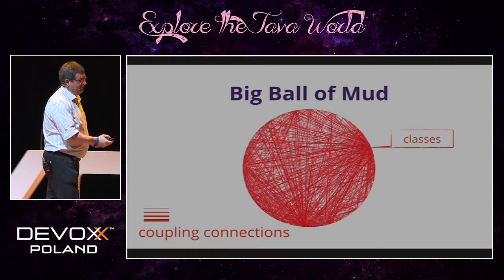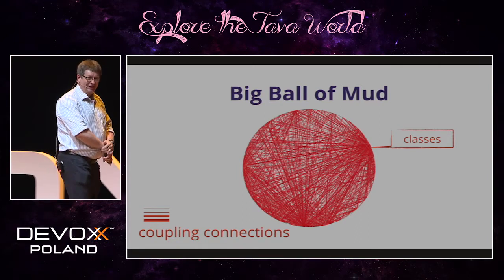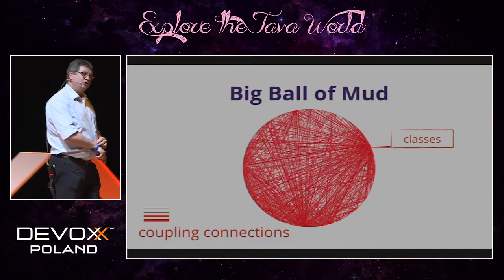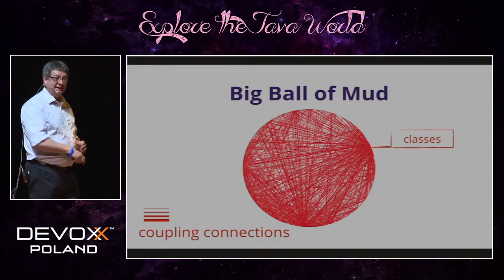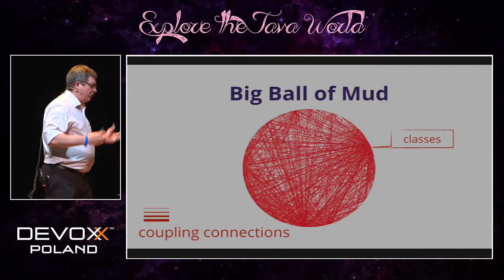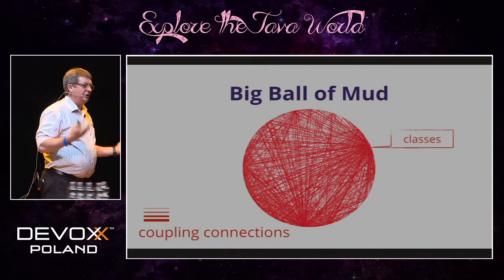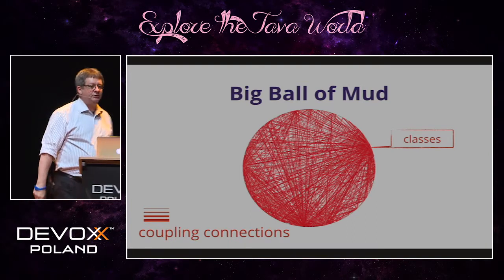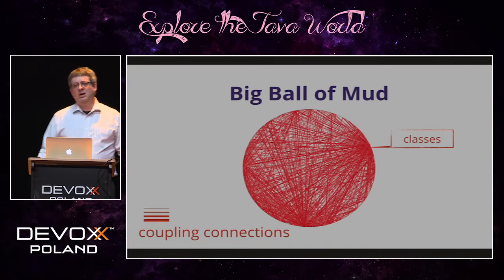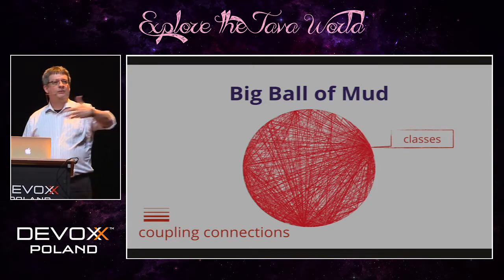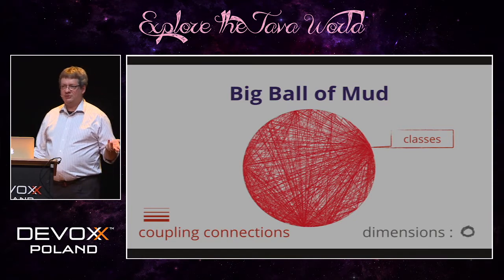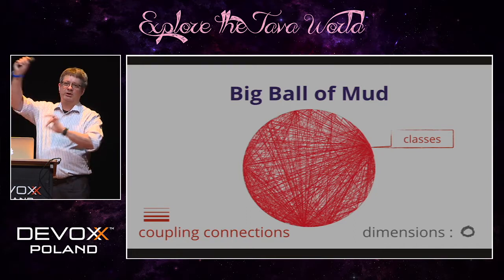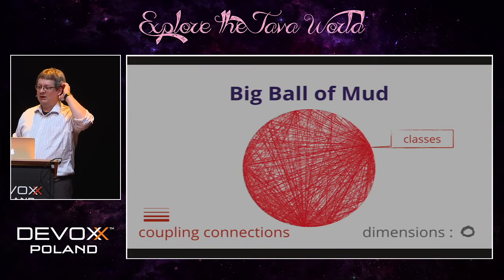This is a good example of the kind of architecture that you don't want to have, because if you try to make a change to this architecture, let's say I want to change the way we access data in this architecture, the ripple effect is going to make it really, really hard to make changes. And so when you look at this from the perspective of can I evolve this architecture, there are 0 dimensions of evolvability in this architecture, because any change is going to have rippling, unexpected side effects in lots of other places.